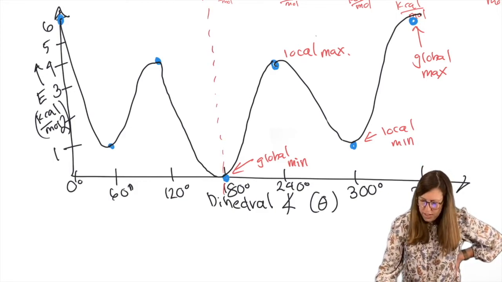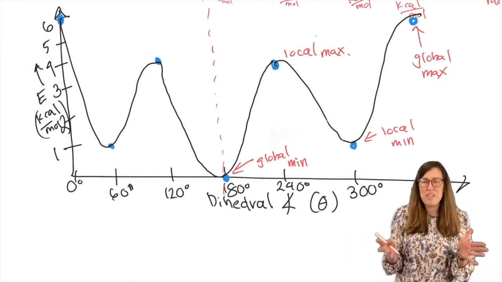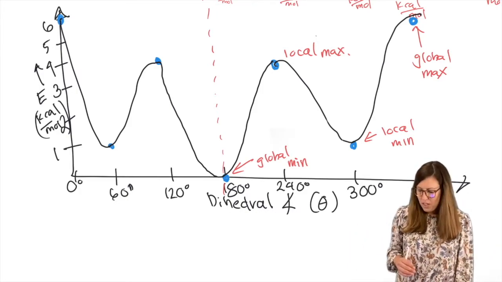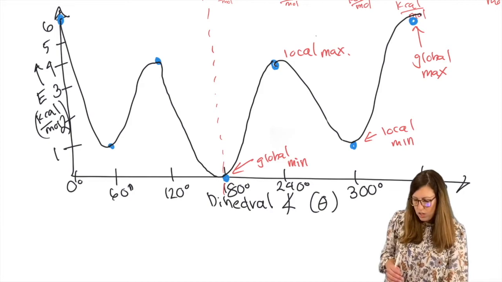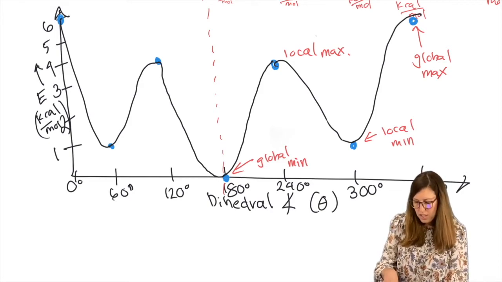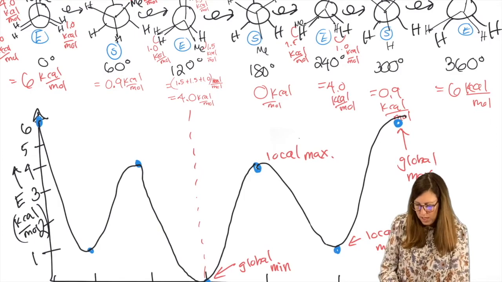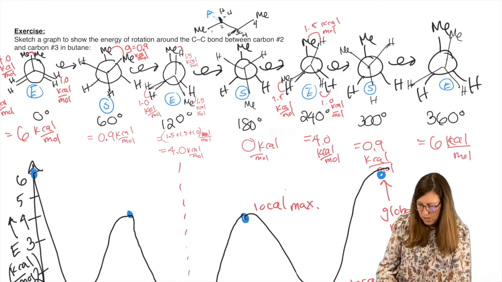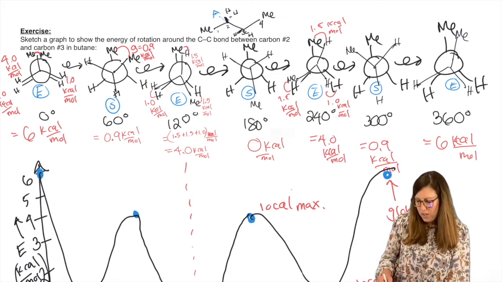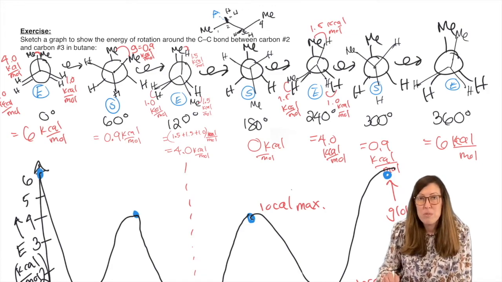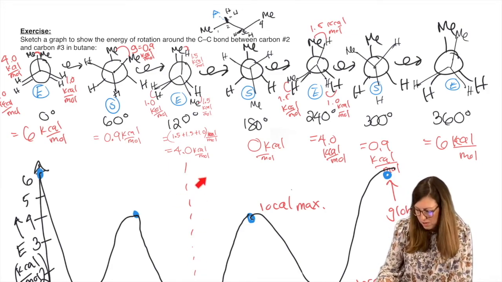So if we draw this dotted line here, we'd see we could fold it and get it to match. That means there's a plane of symmetry there. We could slice it in half and see that they're basically looking in the mirror. You'll notice something else: if you take the 180 one and look at any two flanking it, these are mirror images. So these look like, hello, I'm looking in the mirror if I look at you, right? These are also mirror images, methyl, methyl, gauche, looking at methyl, methyl, gauche. So that's reflected in the plot as well. The shape of the plot has mirror symmetry here.